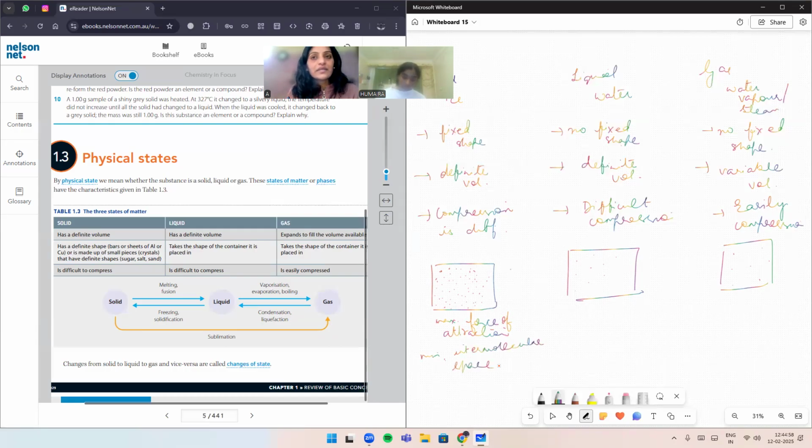So that is the reason, because there is very less space and the force of attraction is too high. So we are not able to compress them because space is not there, right? For example, if I have a classroom where I can make 20 students sit, and all the 20 are present, how can I accommodate five more? I cannot. Would I make the students sit on the floor? No, I have to make them sit on benches. So that is the reason we are not able to compress.